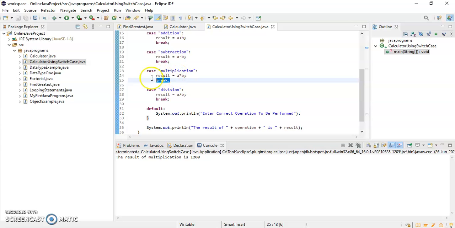So it finds multiplication, does its job, then gets out of it and just shows the result.